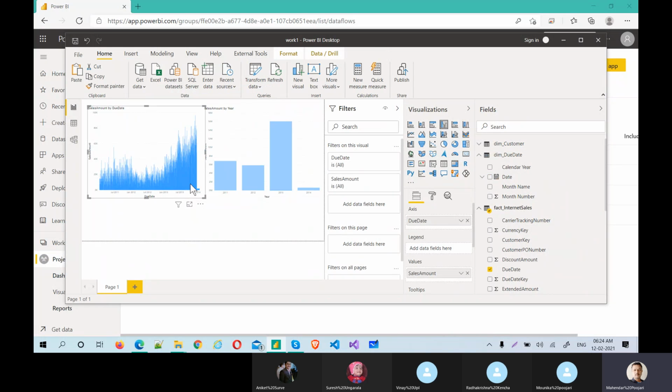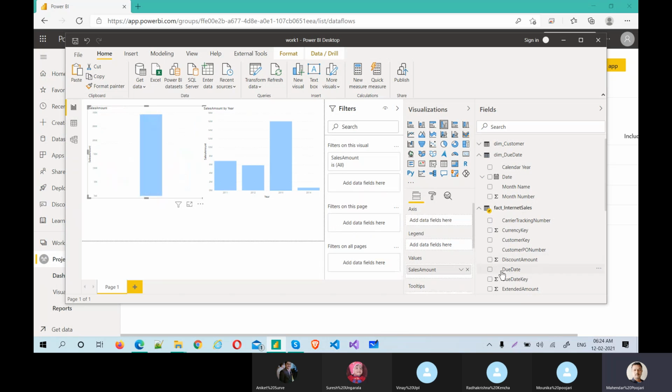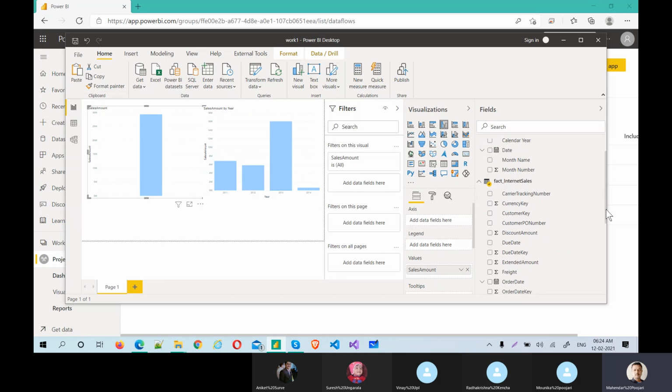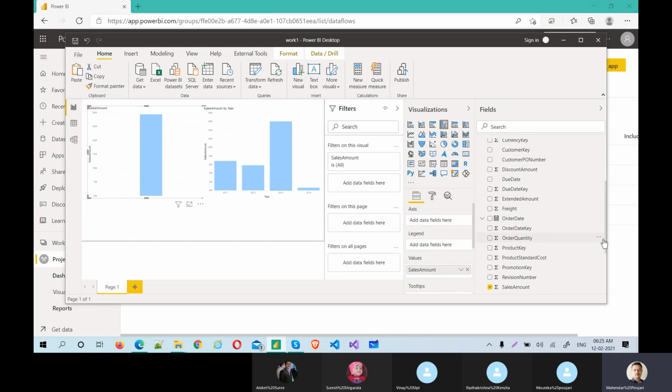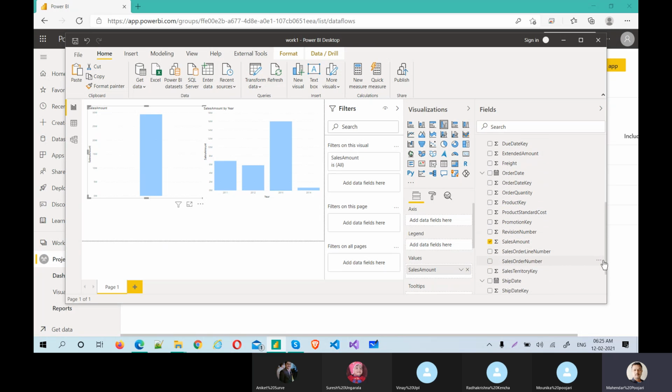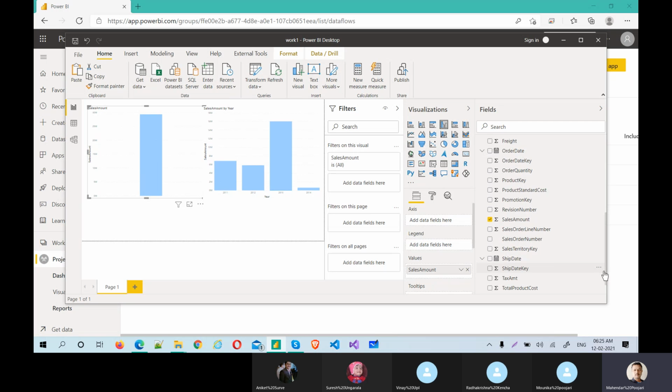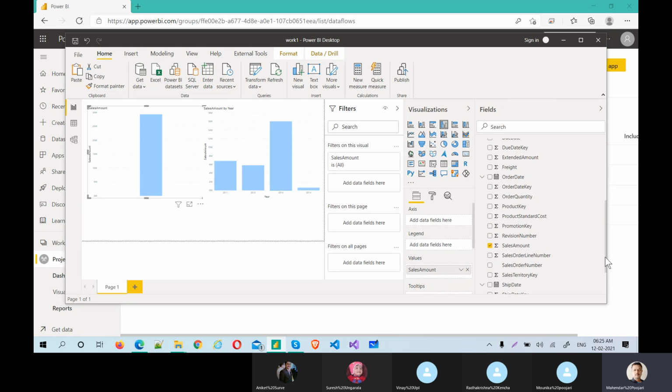Okay, so that you will get some extra benefit. So let's take this and take out this. This time we should be able to use an order date. Okay, but this time the keys. Actually, we should not use keys from the fact table. Okay, that is the first thing everybody should understand.